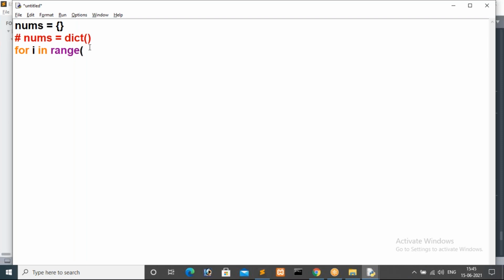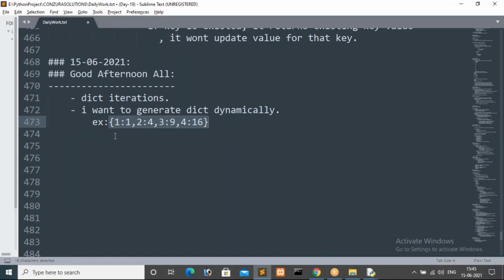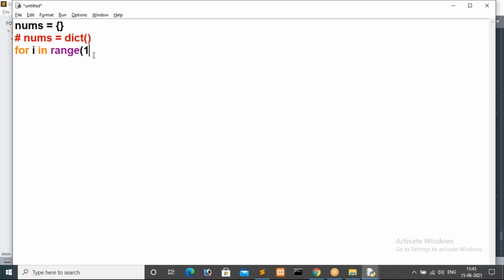Absolutely, Sudarshan and Navina, absolutely. That is, 1 is the beginning value, because we are starting from 1, right? We are making the first key 1. I want to make 1 the first key, and for that key I want to make the power of that key the value. Up to I want 10 items. 10 items in the sense up to 10 it will print, so I'm giving 11.